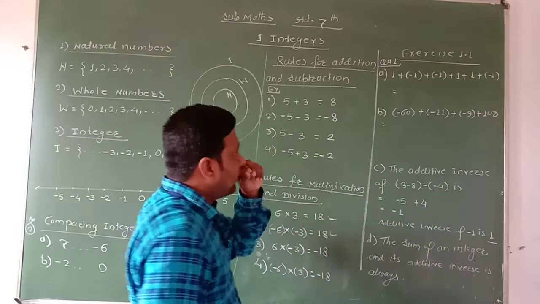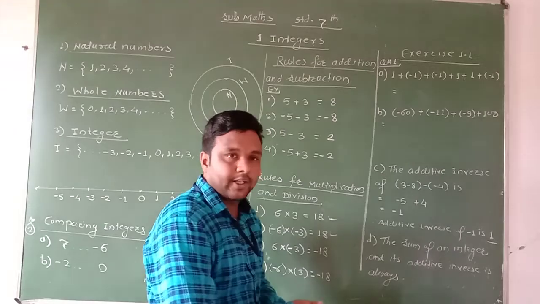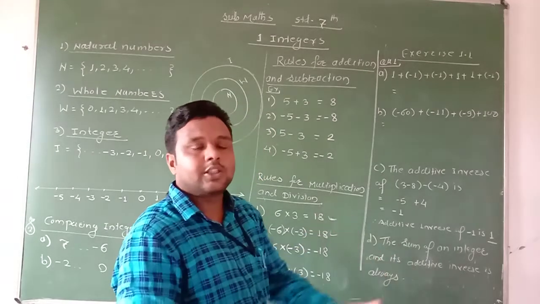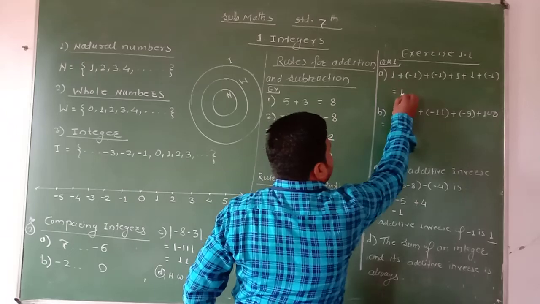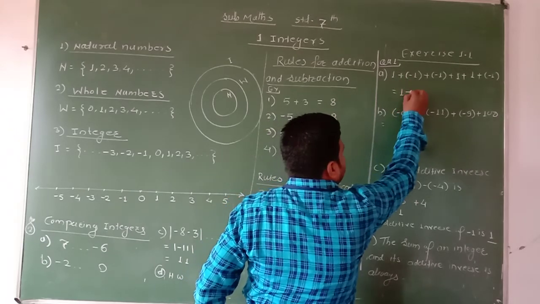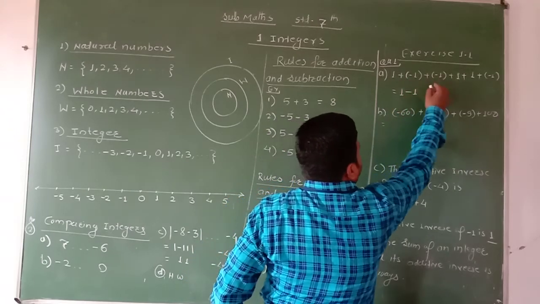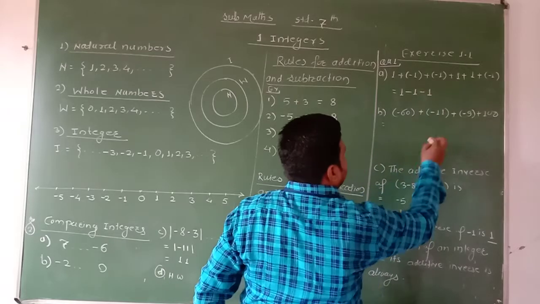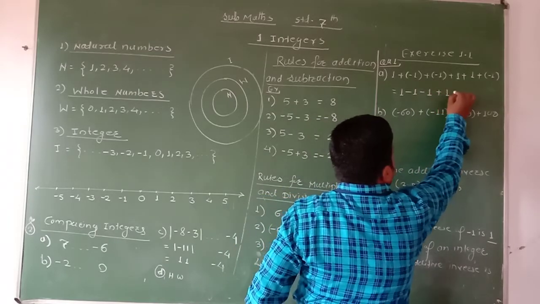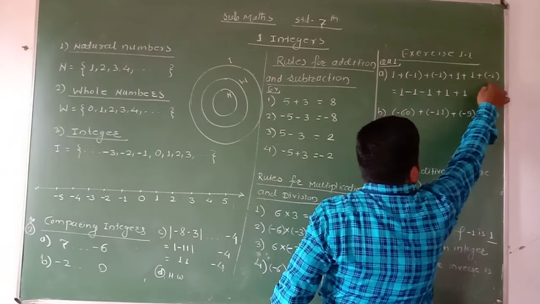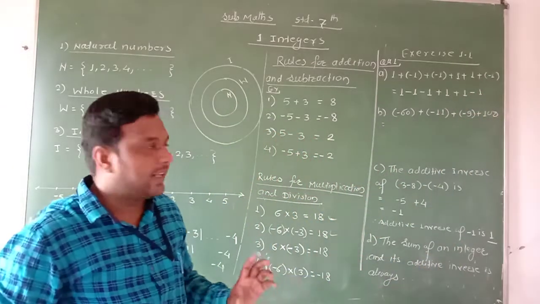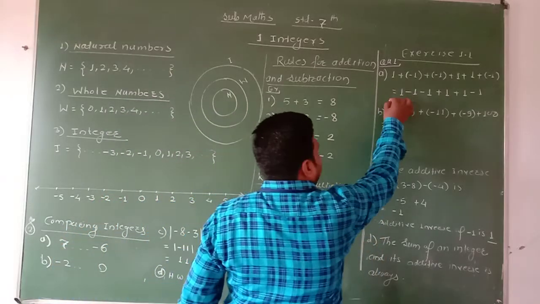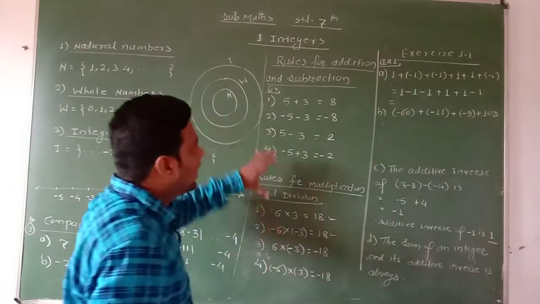Okay. Now first here we have to remove the bracket before doing the addition, subtraction or the multiplication. Here 1 as it is, plus minus that is minus 1. Plus minus that is minus 1. Here plus 1. Here plus 1 as it is, and again plus minus minus 1. Here we remove the bracket from the example. Now do the addition and the subtraction according to the rule.